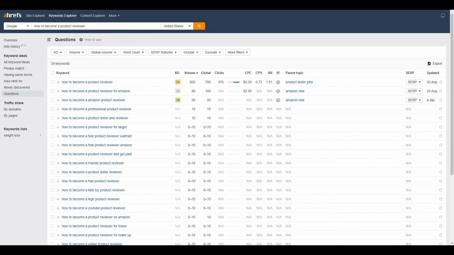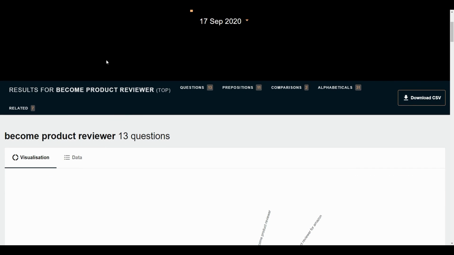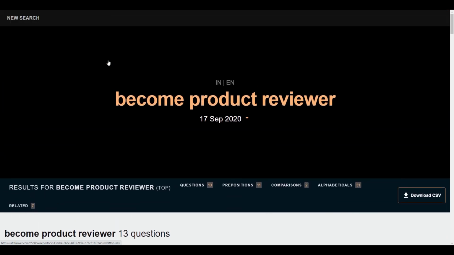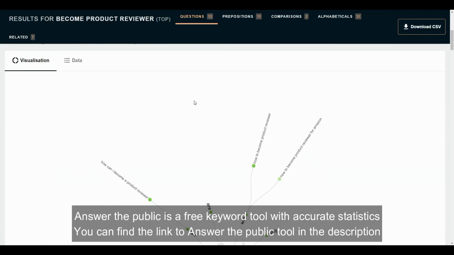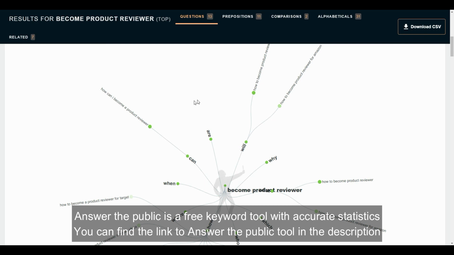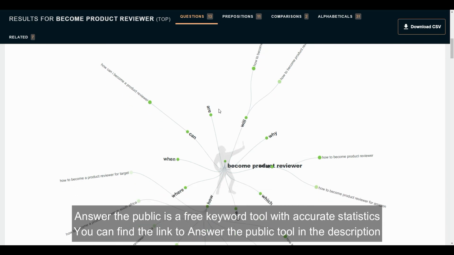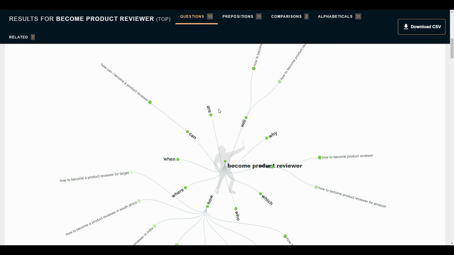And the next tool we will see is Answer the Public tool here, and I have put my keyword here, and it's a very interesting tool. There's also a free version that you can use. This what I'm showing is a premium version. And if you put a topic, if you search for a topic in Answer the Public, it gives you all the related questions like why, who, where, when, what, how, which, everything. So you can see all the questions here.